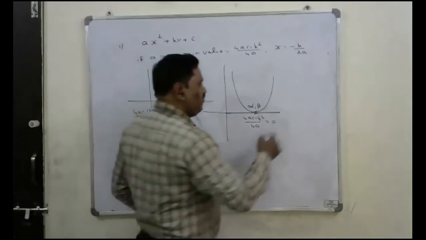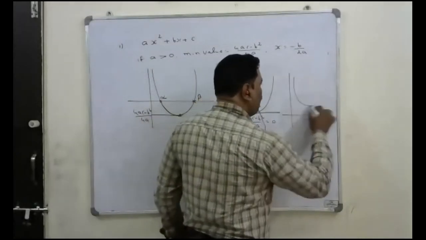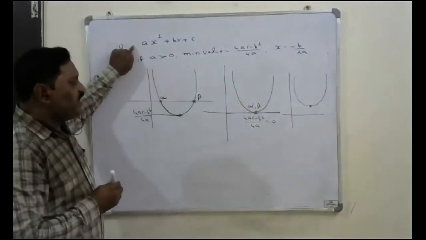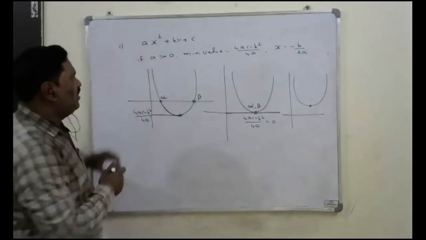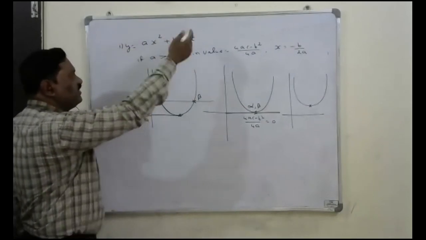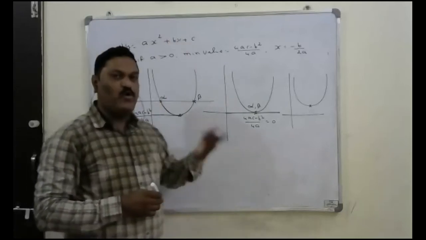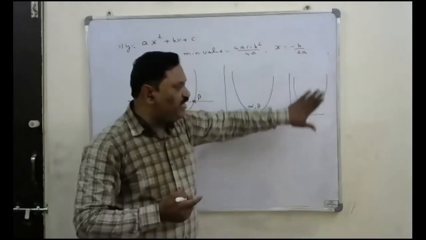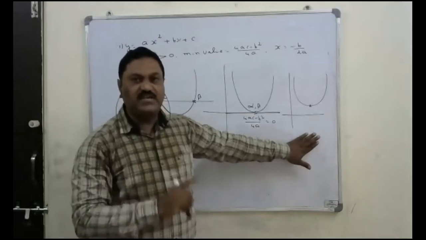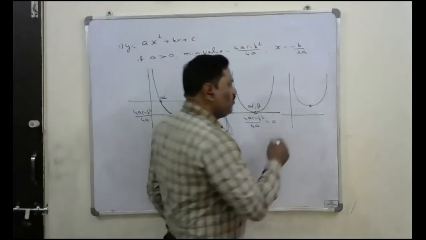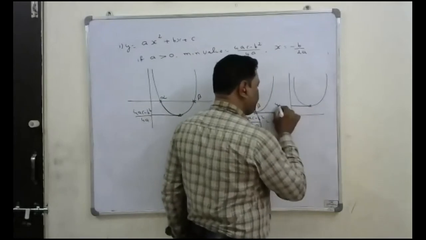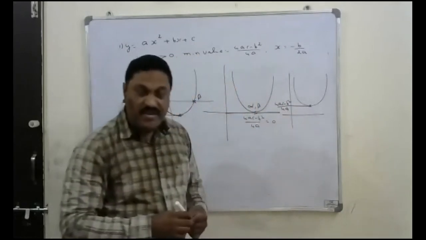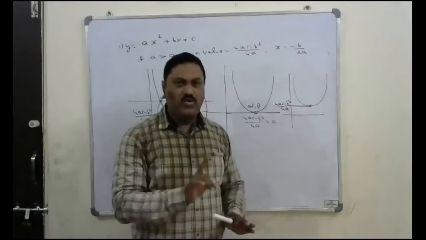Okay. Suppose the graph completely lies above the x-axis, its coefficient of x square is positive, and this expression, if I take this as y, ax square plus bx plus c, is also positive. It means the entire graph lies above the x-axis, so it is not going to meet the x-axis anywhere, meaning it doesn't have any real root. The minimum value of that expression is positive. So if the minimum value of that expression is positive, then it doesn't have any real root. No real root will be there.